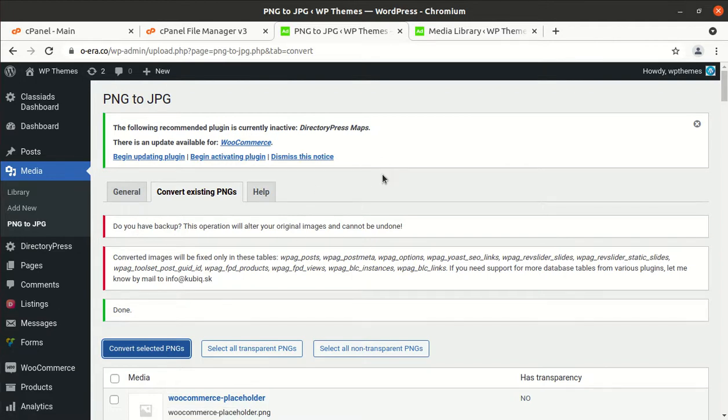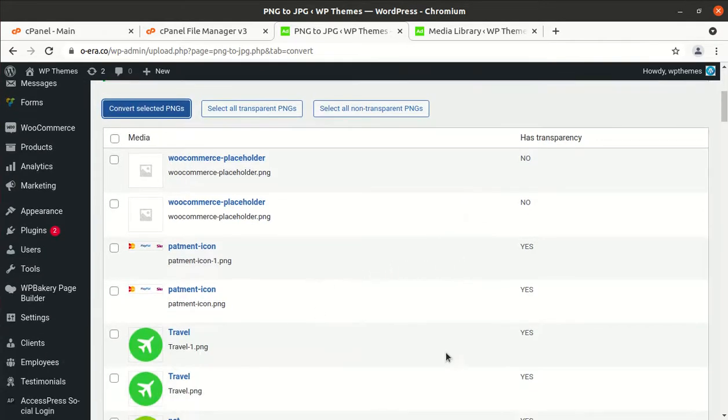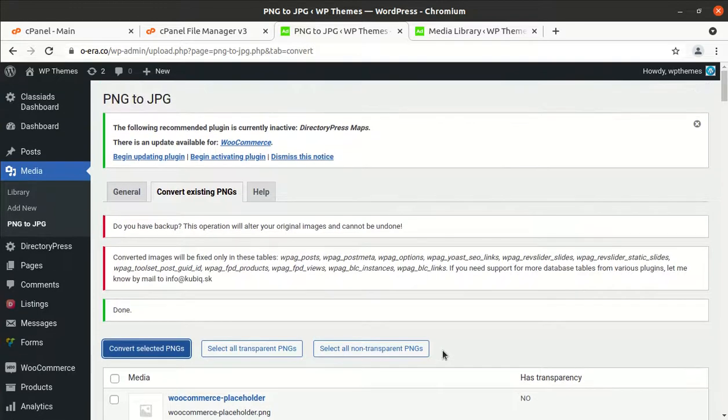However, after converting you can deactivate this plugin, and if everything is fine, and if you are further going to use PNG images, keep it as it is. I mean, keep this plugin installed. It is not going to increase the load of plugins, but it is better to convert all PNG images in one go, and don't use PNG images in future on your website.